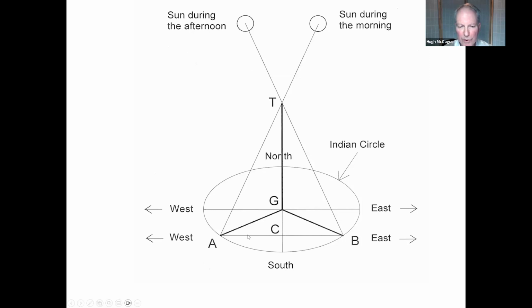But typically in the descriptions in various cultures, the medieval and ancient period, they would describe either constructing the perpendicular bisector of AB, which would go through the gnomon's base G. So you'd bisect the line segment AB. Similar constructions to those of Euclid that you may have learned in high school, or some describe that you would bisect this angle AGB. And that would then give you the meridian, the north-south axis. It's a very simple method. It's a very elegant one.